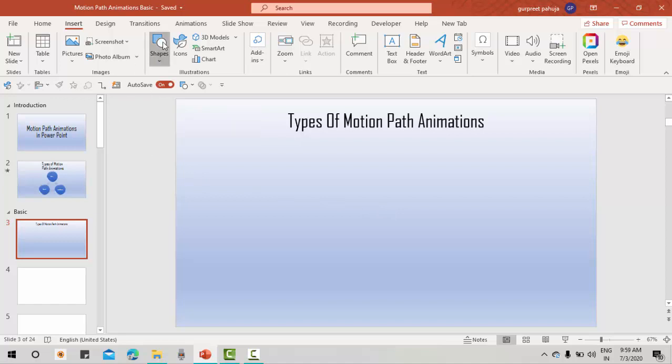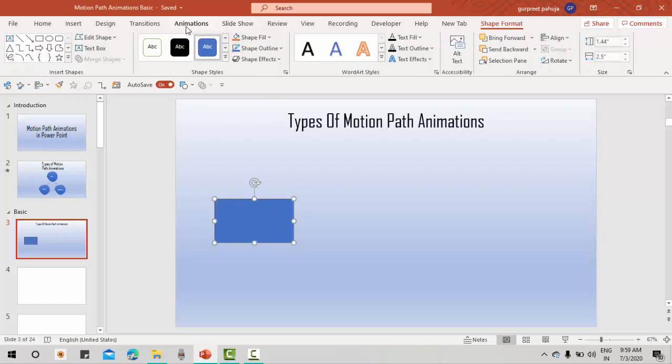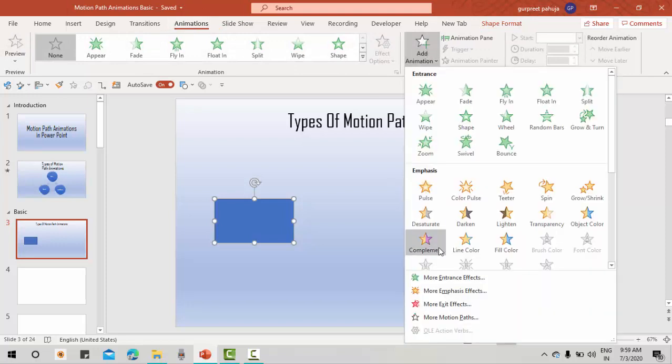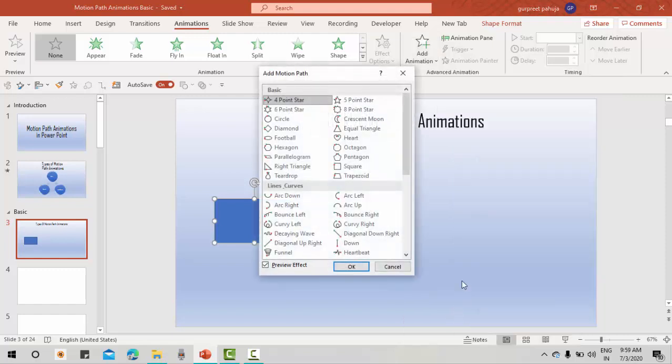First of all, I will draw a shape. I'll take a rectangle. I'll select the shape, go to animations, add animation, go to more motion paths, and under basics we have 4-point star, 5-point star, 6-point star, 8-point star, circle, crescent, moon, diamond, equal triangle, football, heart, hexagon, octagon, parallelogram, pentagon, right angle triangle, square, teardrop, and trapezoid.